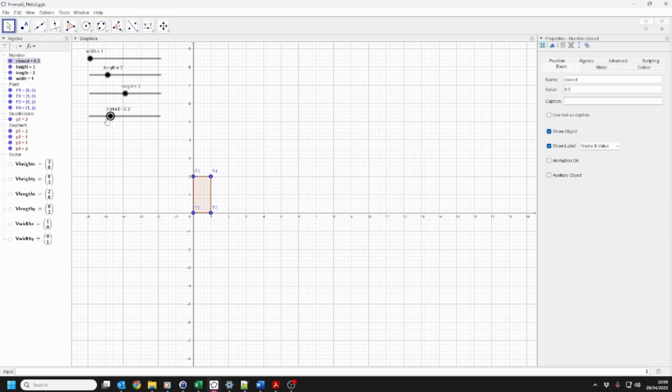So while I'm creating my net, I want to keep that at 0 so I can see what happens on this XY plane in this graphics view. So for my next point, I'll make the face that comes up here. So this will be the height. When it closes up, this will have the height in the Z direction of the cuboid. So let's say P5